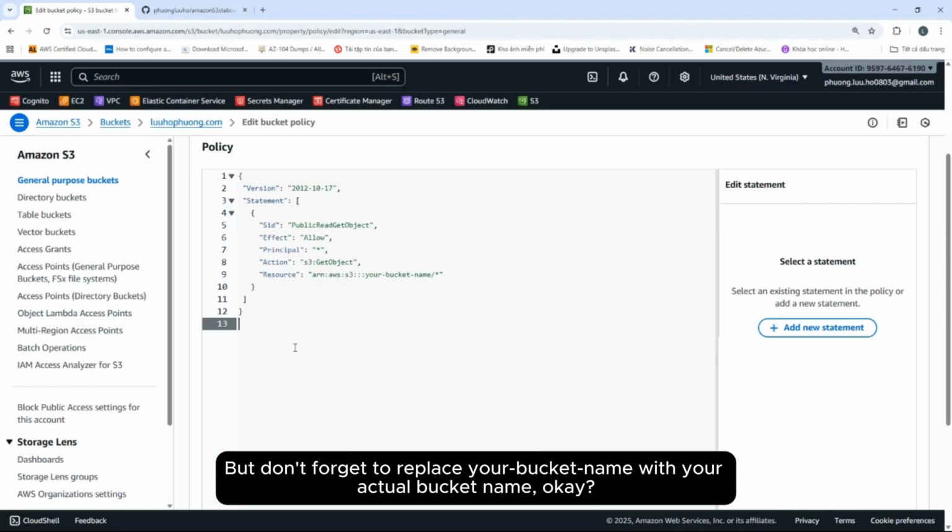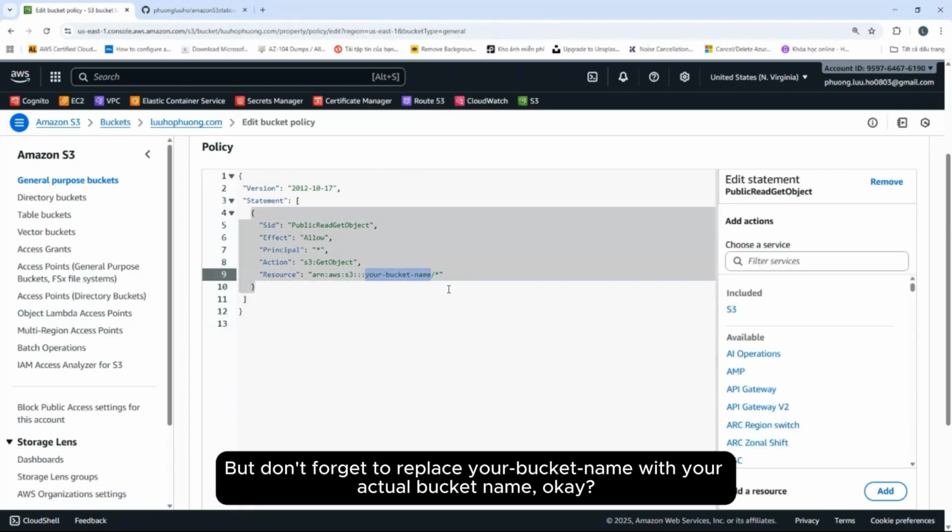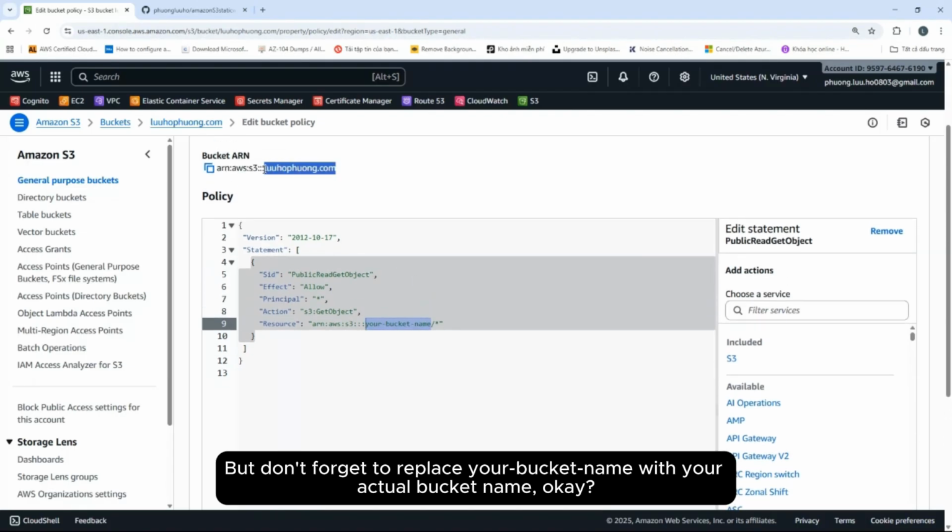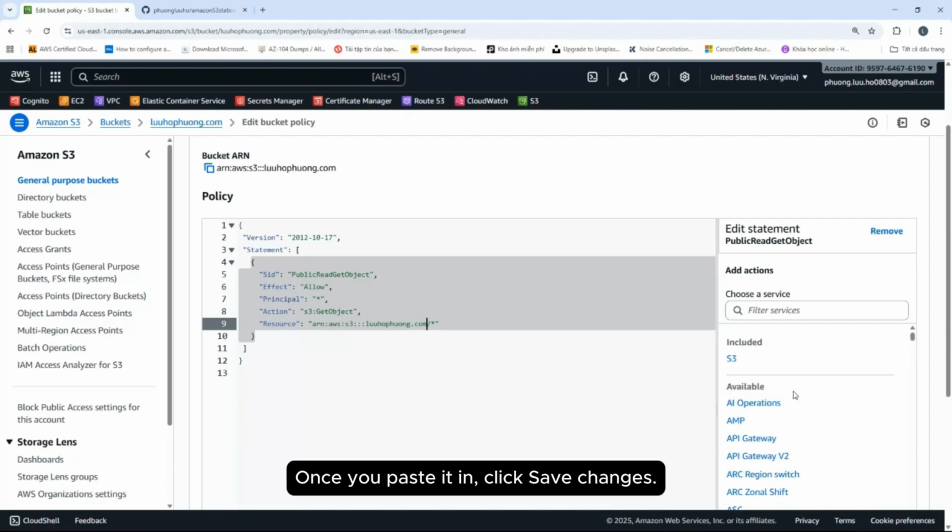But don't forget to replace the bucket name with the actual bucket name. Once you put it in, click Save Changes.